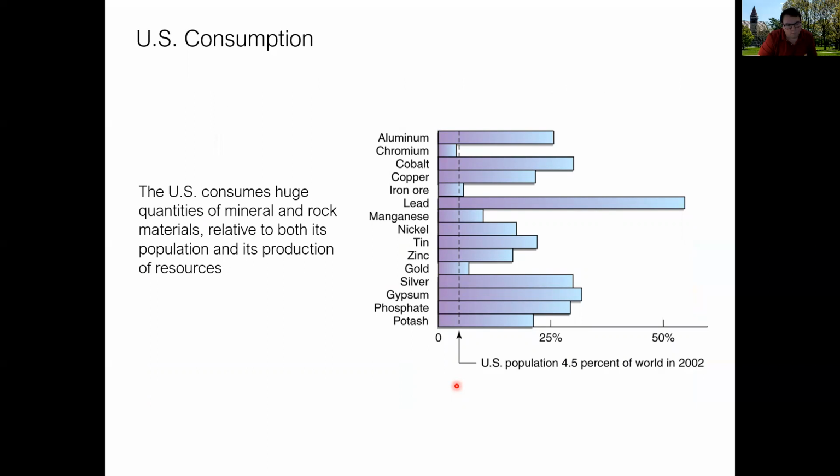Looking at mineral resources, it's an area where America really looks like big consumers. I've mentioned in the last set of lectures on fossil fuels, we've actually seen a decrease in the amount of CO2 emissions. When it comes to actually consuming mined resources and the resources for infrastructure for electronics, we are not seeing any decreases yet at all. We are in a huge consumer mode. Cell phones, laptops, all these things add up. We make up about 4.5% of the world's population in 2002. That's about the same percentage now, and yet Americans consume